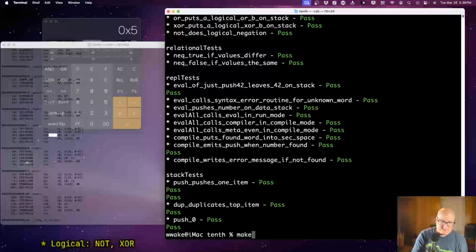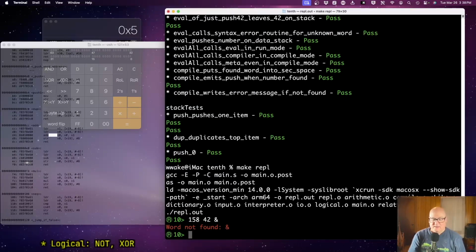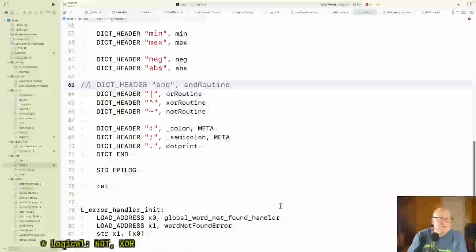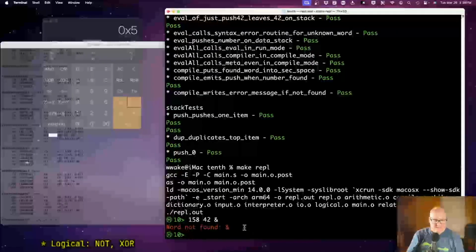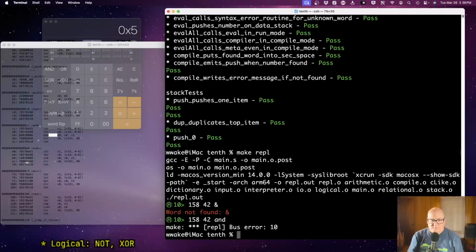Okay, so it's really the REPL that's going bad. Okay, 158, 42, and oh, have I? Oh, I changed it. Okay, 158, 42, and boom. Huh. Well,